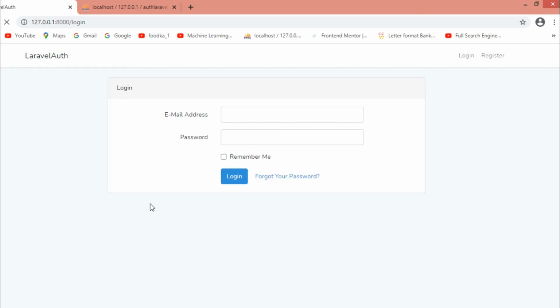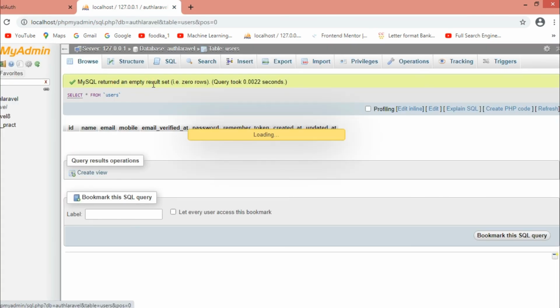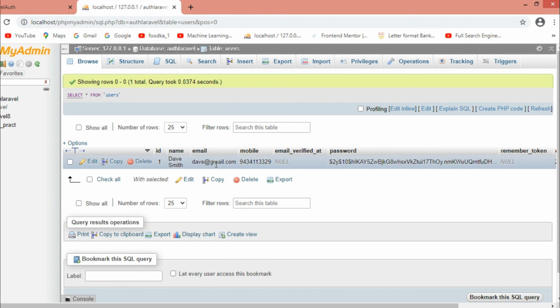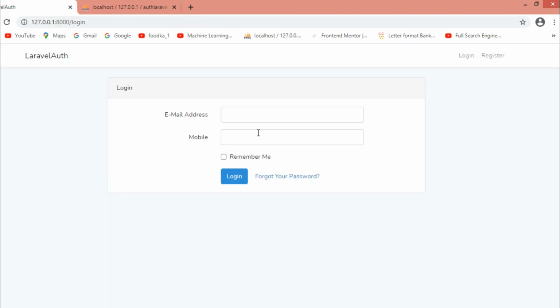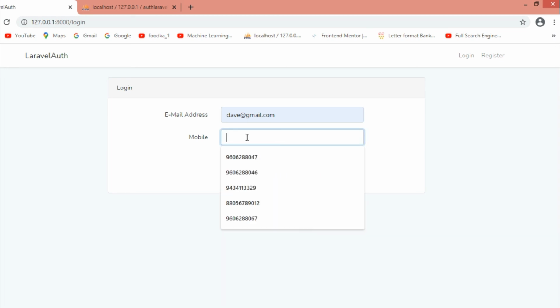So let me refresh the login page. As you can see guys, it is showing me email address and mobile. Now let us check whether our email ID and our mobile are working or not. 94341332.